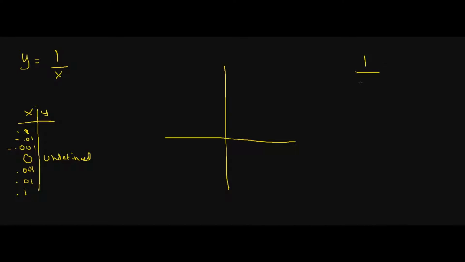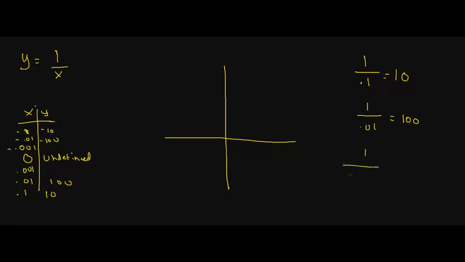1 divided by 0.1. Alright, so if we do 1 divided by 0.1, let's see exactly what that's going to get us. Essentially it's just going to be 10. So we'll go over here, and we're going to get 10, which means up here we're going to get the same thing except negative 10. Okay, well let's go ahead and divide by 0.01. 1 divided by 0.01 gives me 100, and over here, same thing, except it's going to be negative 100.